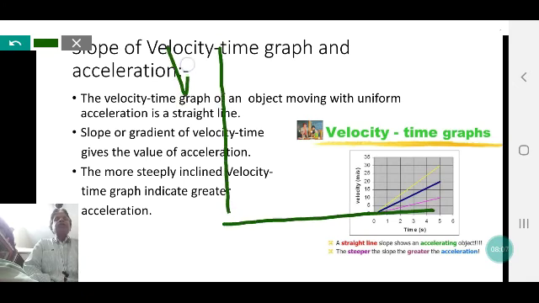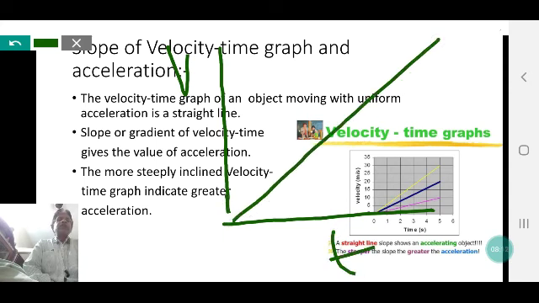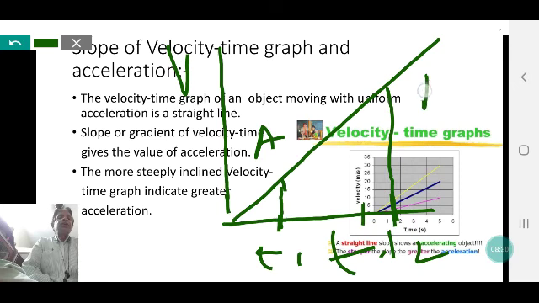Suppose it is a velocity time graph, with velocity on one axis and time on the other. We have to find the slope of the graph between the time interval T1 to T2. We draw perpendiculars on the time axis at T1 and T2 that meet the graph at A and B, and we draw a line from A parallel to the x-axis, which meets the perpendicular from B at a point C.